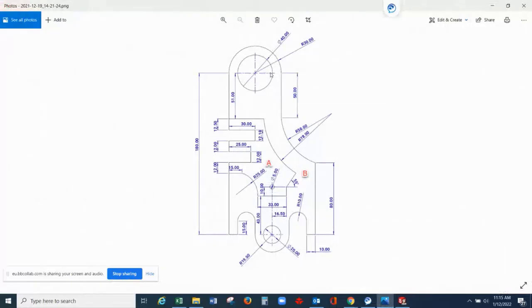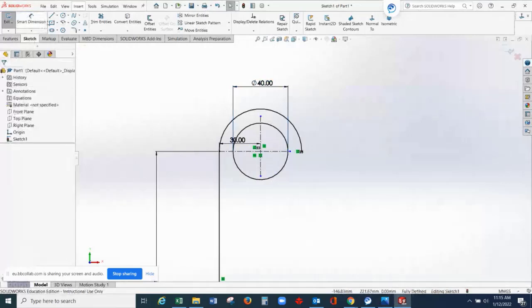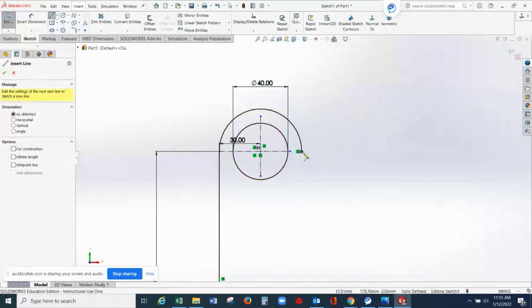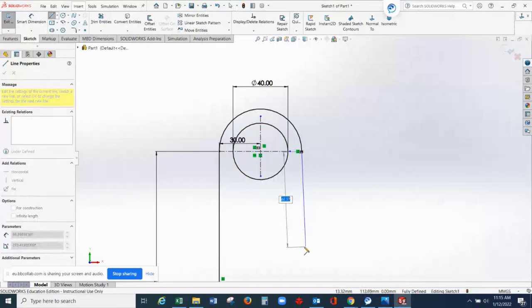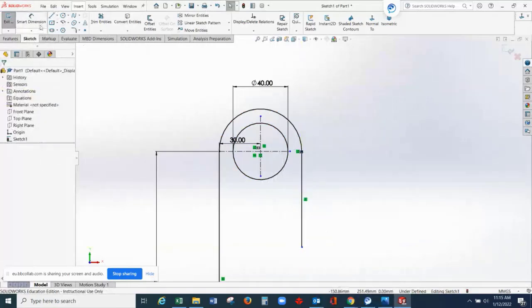Similar with the drawing. Now from here, we need to create one vertical line going down, which is 50 millimeters, and then an arc connected with the end point of this line. So line from here, completely vertical, smart dimension, check again, 50.